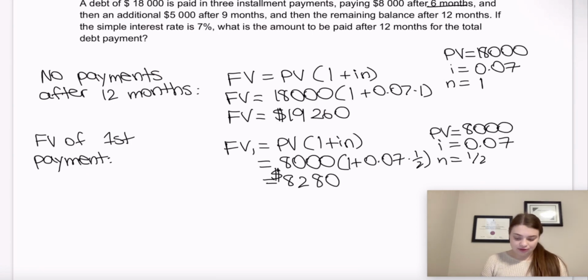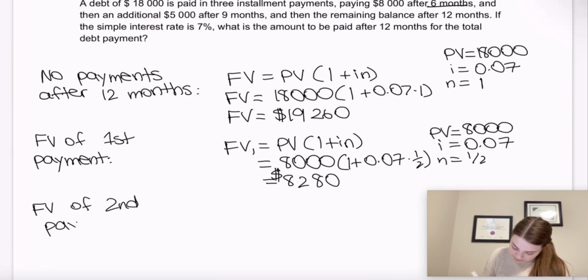And now we're going to look at the next payment. So the next payment was $5,000 after 9 months. So let's figure out for that one. That's going to be future value 2. So future value of the second payment, which is the $5,000 one,